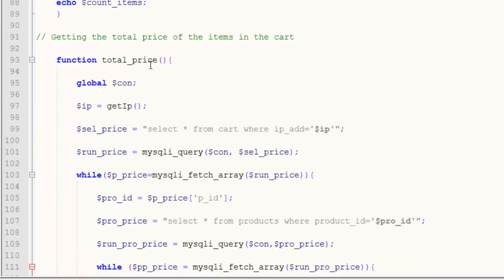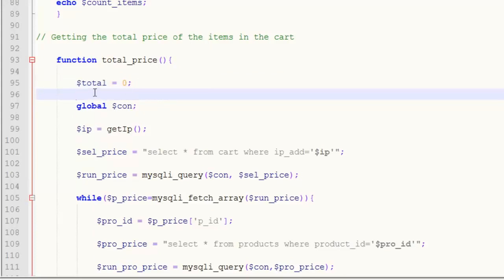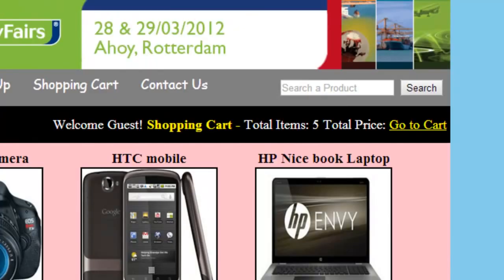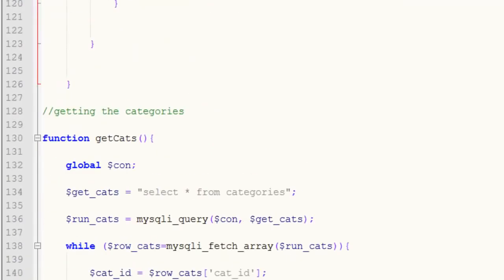We will have to create a local variable total, which will be equal to 0. We will give a 0 value to the total variable because if we show this variable over here and it does not have anything to show, then it can give us an error. Therefore, our price will start from 0, and after that we have